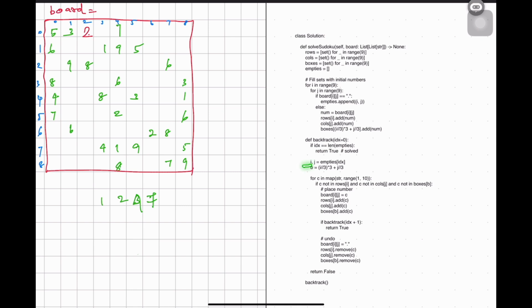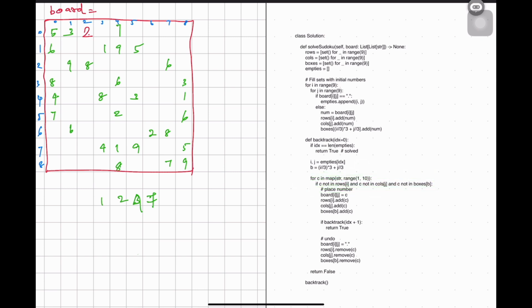Now we'll fetch i j every time, and get the box the same way we stored the filled values into the box. Now we get b and i j, where i means row and j means column. For each, you can try 1 2 3 4 5 6 and so on. For each value, if it was not present, this is checking validity.